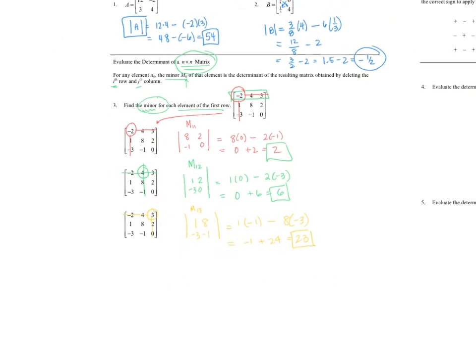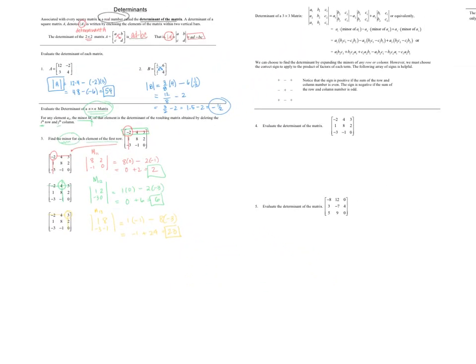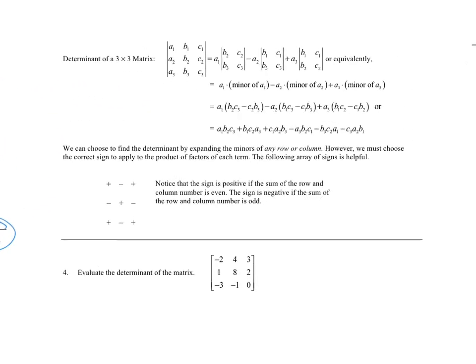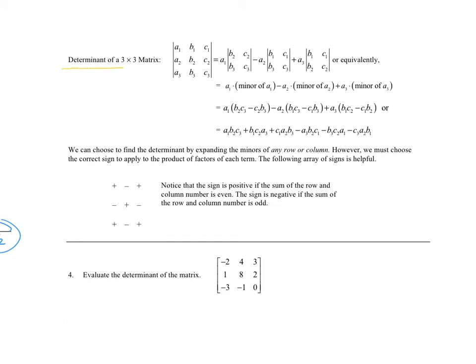And so what we're going to be able to do is use those minors to find a determinant for larger matrices. In particular, we're going to look at a 3 by 3 matrix. The way that you find the determinant is a bunch of little 2 by 2 determinants. So what they did for this little definition is they found the minors associated with this column. And so you can see that each of those elements, there's A1, A2, and A3, and then what's next to them is the